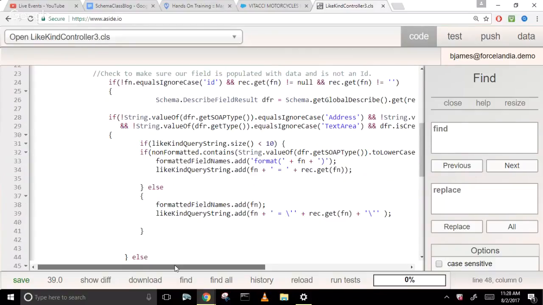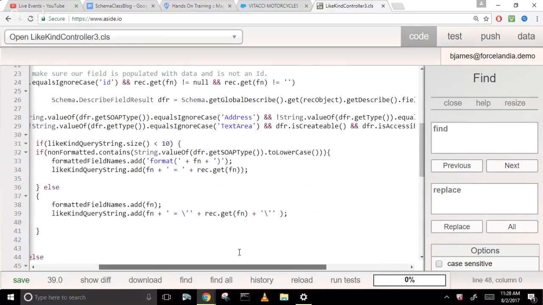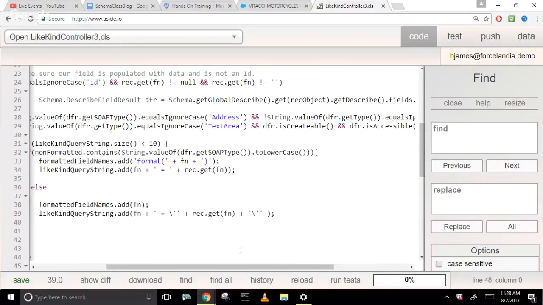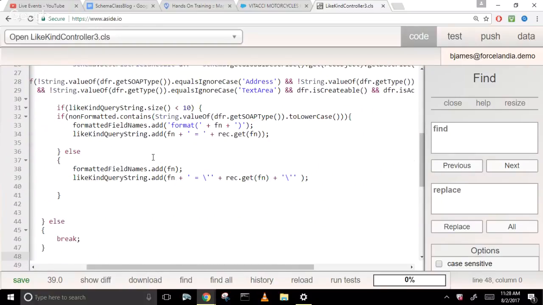In order to do that, we're going to figure out what the SOAP type is. And you'll notice that there's actually different get types in the metadata that gets returned. We want the SOAP type because that's going to actually tell us what Salesforce's vision of that field is versus just saying it's a double, right? Because it's great if it's a double, but is it a currency? Is it a decimal? Those are things that might be important to us so that we can render these correctly and format them correctly. And so for this, what I'm doing is I'm going through and I'm getting the actual SOAP type